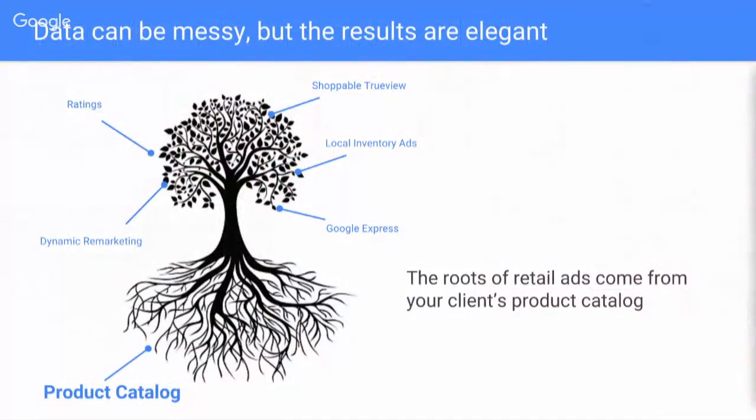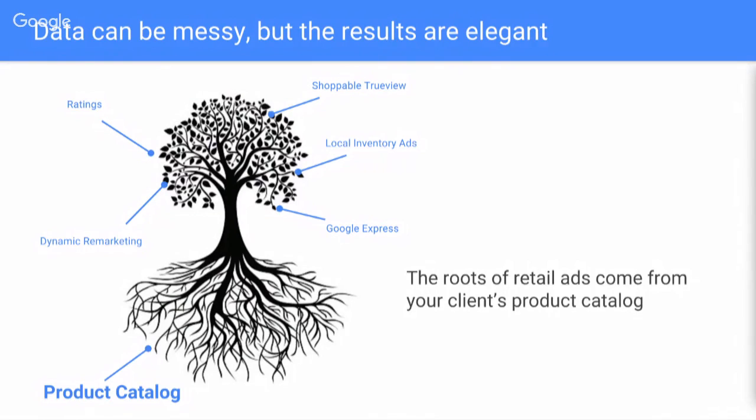Let's dig in here. I really like this analogy, this metaphor of what's going on with data feeds. If you look at the roots of this tree, you can see that this is our product catalog. The product catalog is the foundation of all of these trees, which are our clients, solutions and our clients' campaigns. And all the fruit that comes off of these trees might be the client's clients.